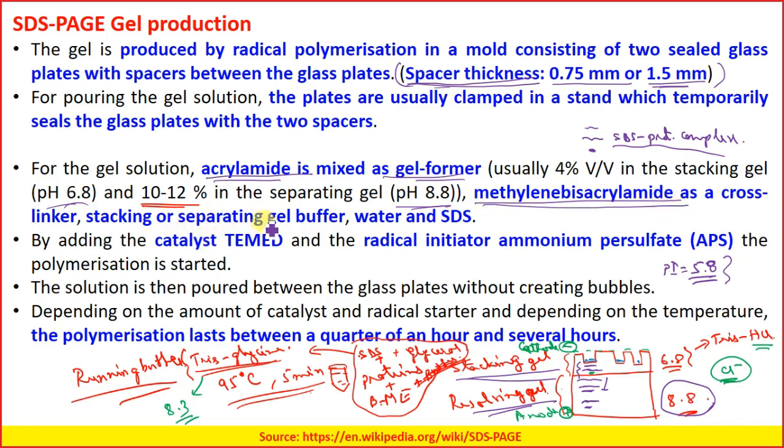Okay, and then you have these buffer gels, and SDS is also added so that the protein does not change its conformation throughout the experiment. Once you have converted it into the primary structure, it should not change its conformation while you are running the gel. So for that reason, we add the SDS within the gel also. Over here, a catalyst which is regarded as TEMED is used, and the reaction is carried out using a radical initiator. So we use ammonium persulfate as the radical initiator and we perform the experiment.